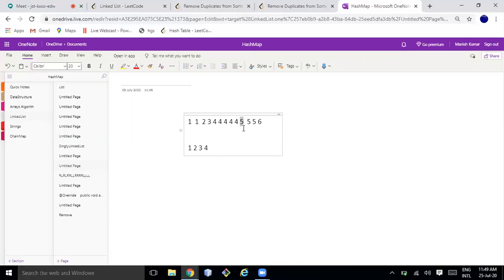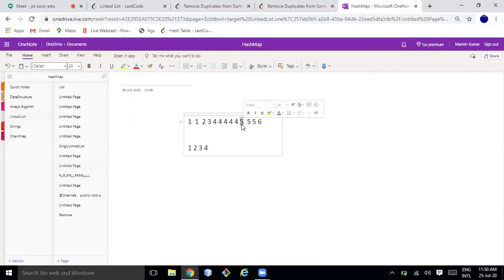So you have to reach here, right? So actually you are using 2 pointers. One pointer is at this point, okay? So the first pointer is here, and the second pointer you need to move somewhere where this element is not equal to this one. So you reached here, and then you will directly point this 4 to 5.